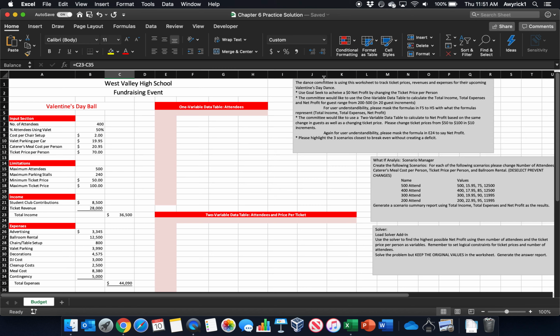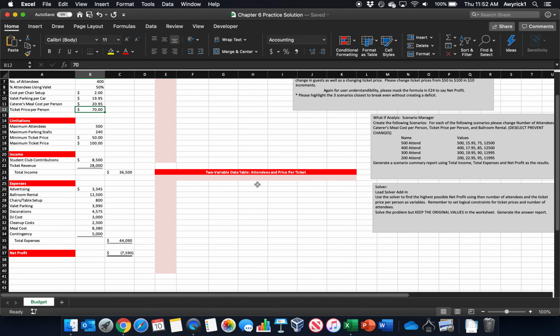So let's get started. This says the dance committee is using this worksheet to track ticket prices, revenues, and expenses for their upcoming Valentine's Day dance. Please use Goal Seek to achieve a net profit by changing the ticket price per person. So we want to change the ticket price per person, which is in my worksheet in cell B12, and we want to use Goal Seek to figure out what ticket price, based on all of these parameters, would allow for